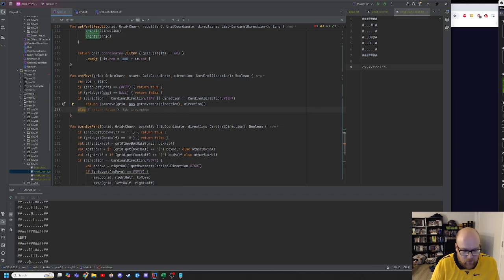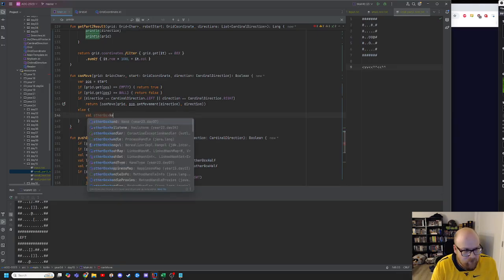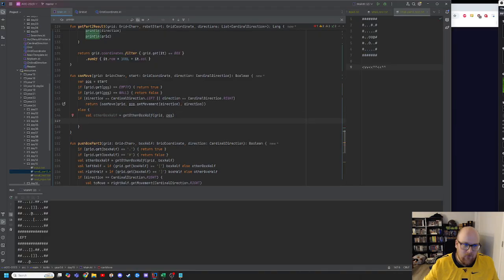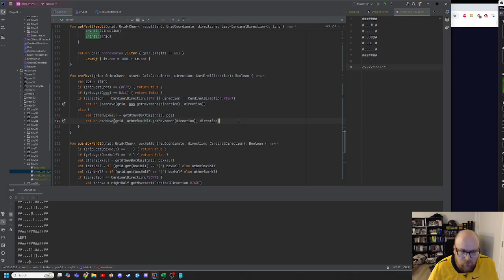Else, and it's going to be val other box half equals get other box half grid position, and then it's going to be return can move other box half dot get direction, so move up or down from the other box half, and